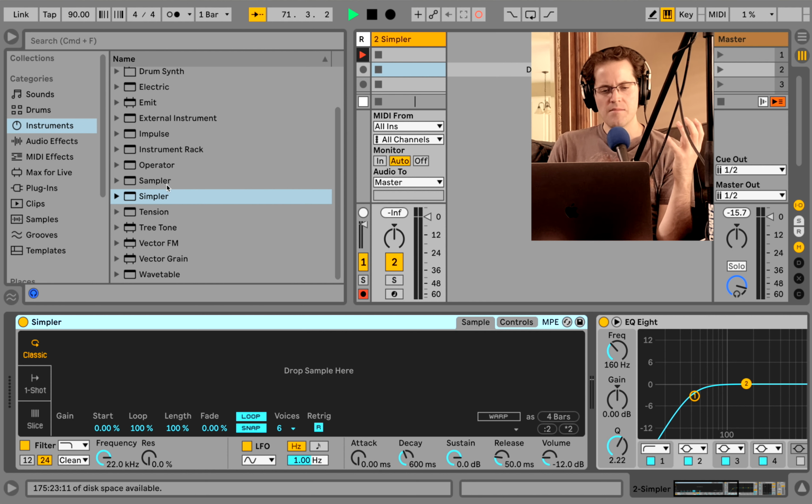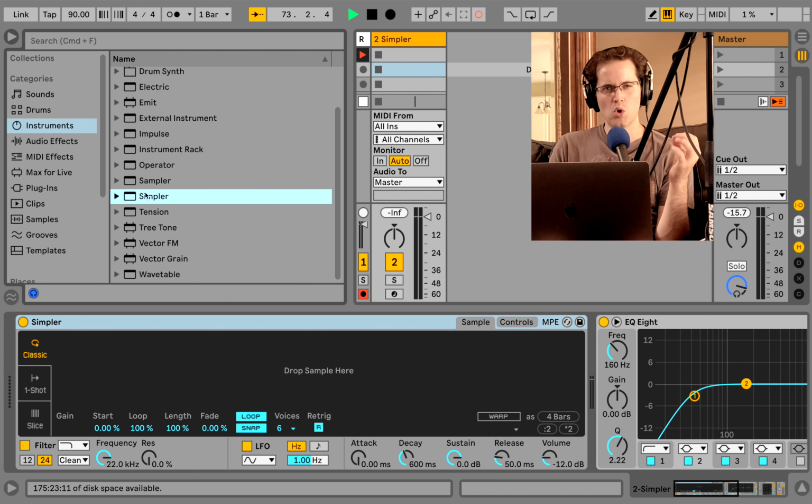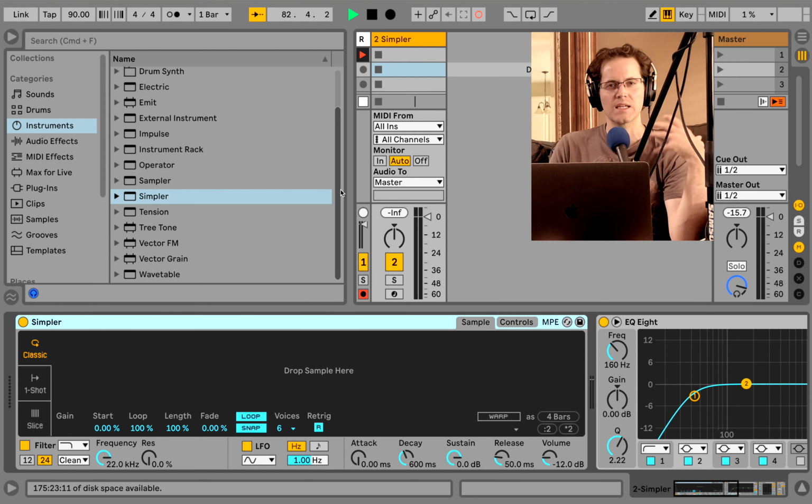Simpler is the sampling device in Ableton, other than Sampler, that I said is kind of more performative, and then I sort of backtracked and said, well, that's not really what I mean. I figured I should explain that more, because every producer using a DAW has a certain strategy or technique that they use.